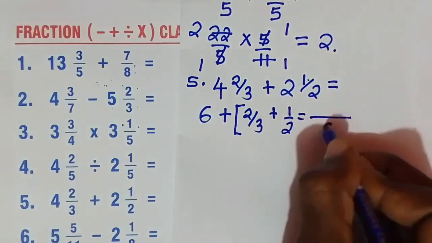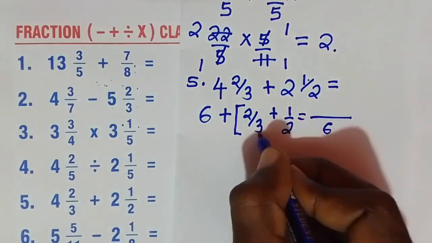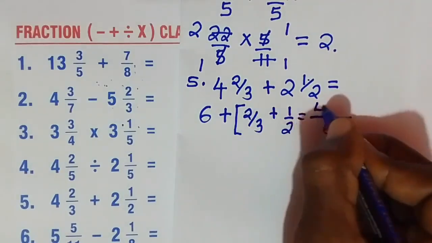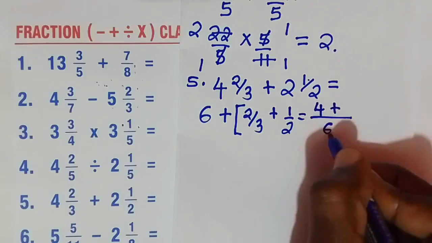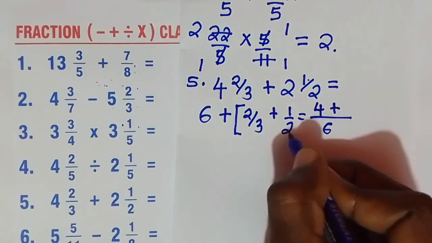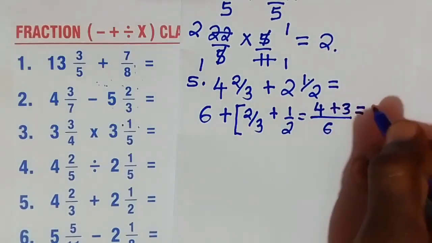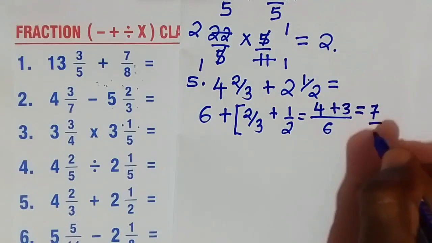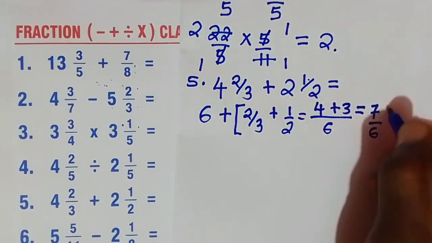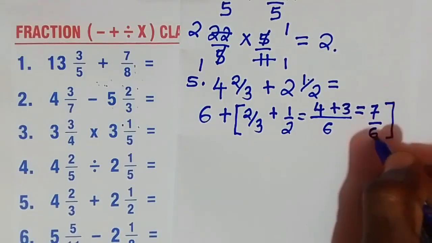The LCM is 6. 6 divided by 3, 2. 2 times 2, we get 4, plus 6 divided by 2, 3. 3 times 1, we get 3. So here we are going to get 7 out of 6. 7 out of 6 is improper. We are going to change it into mixed number by dividing